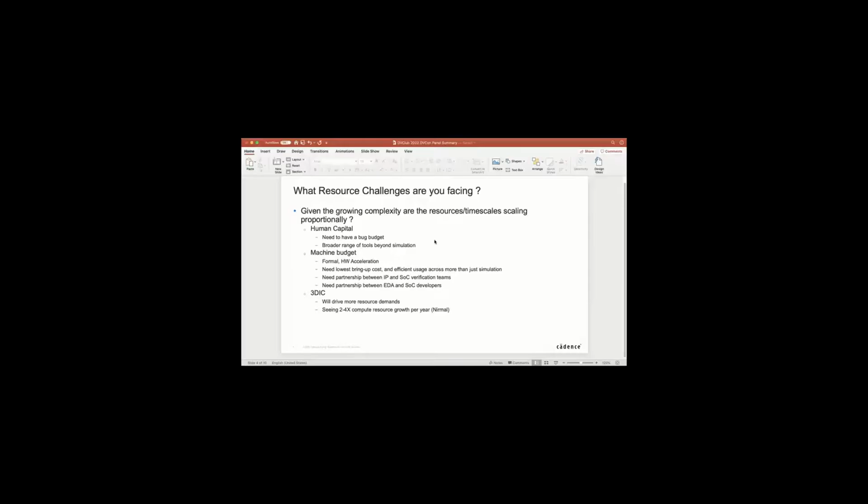From a human point of view, what the guys brought out was that you need to define a bug budget, because given the number of people, you will need to find a certain number of bugs, and you need to budget what that's going to be. Simulation is just one of the tools in a big armory.